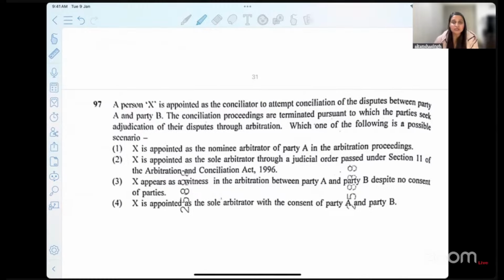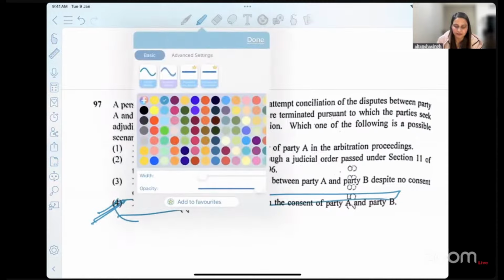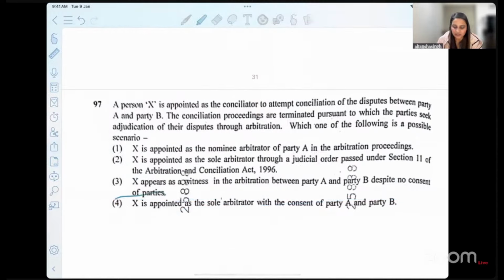X is appointed as a sole arbitrator through a judicial order. This can be done under section 11, but let's read the other options also. X appears as a witness in the arbitration proceedings between A and B despite no consent of the parties. And the last one, X is appointed as a sole arbitrator with the consent of party A and B. If you have this option, I am sure you know which one to take and find to be correct. It should be the last one, because